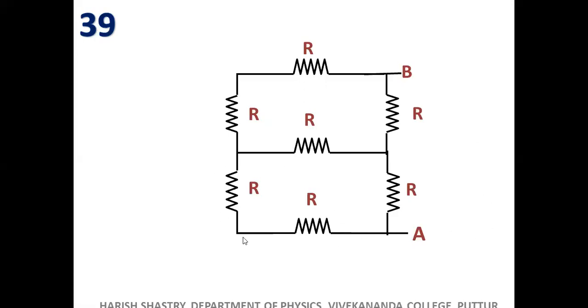Now, can't you replace these 2 resistors as series? Because this resistor, which has to come over here in the Wheatstone's network, has been split into 2. Across A and B, you can't replace these 2 R's as 2R, because here is a middle connection. You can't treat these 2 as a series one. That is not possible. But these 2 are in series, no problem at all. You replace this as 2R, replace this as 2R. They have simply given a resistor in series to confuse you. But we shouldn't get confused. Here you have a clue that you can replace this.